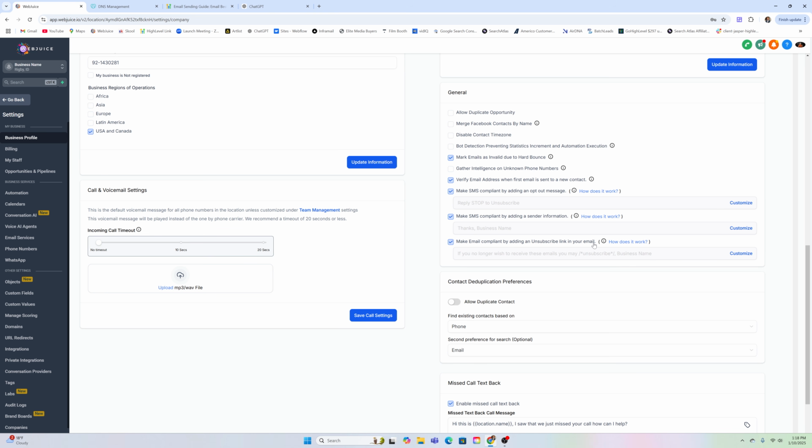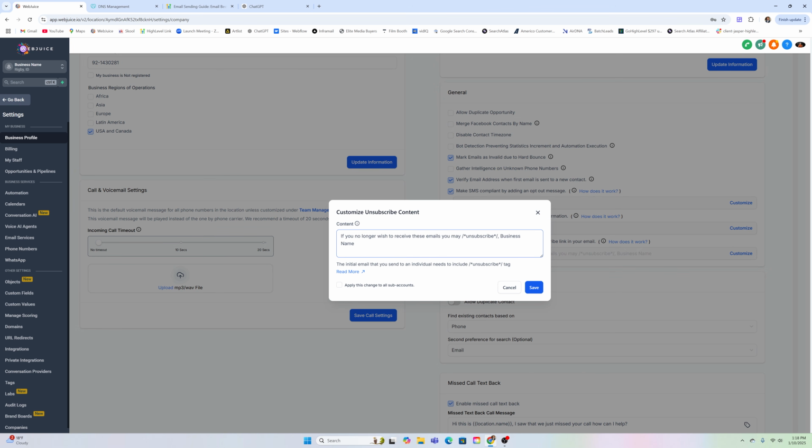If it doesn't, that's actually against the law. So make sure this one is checked on. You can actually customize what your unsubscribe message says at the bottom of each email by clicking here. And so you can change this right here. This will be turned into a button that's clickable, like a blue hyperlink. And so somebody can simply click it and unsubscribe if they no longer wish to receive your emails,